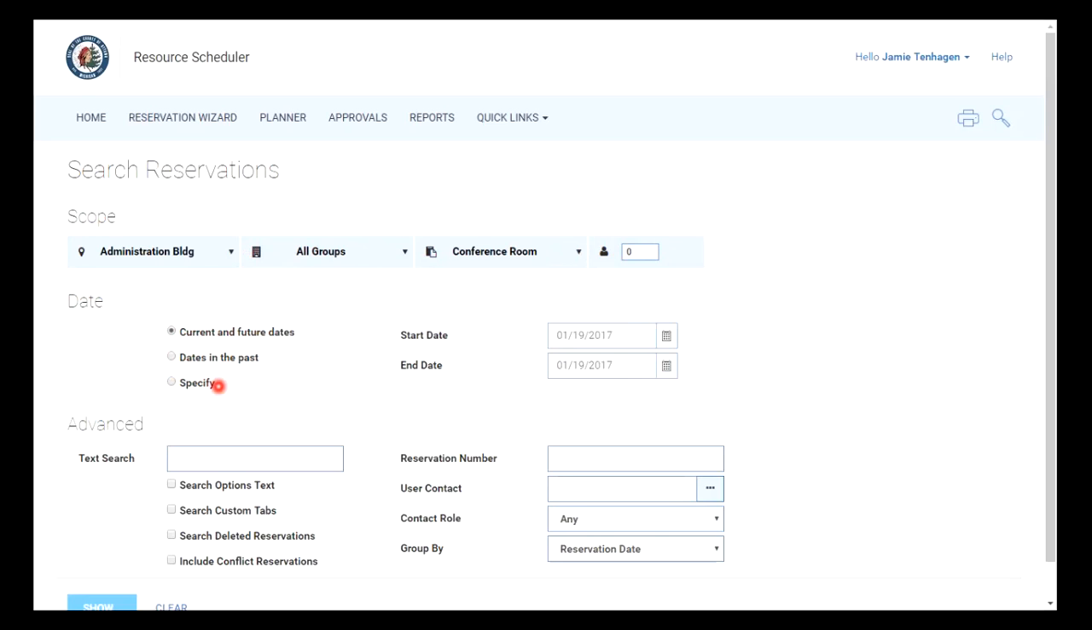This date range, whether it's in the past, current, and future, or a specific date if you know that's the actual date. The downside to this search is it will require you to put something in, either here or one of these, in order to get a search result. So that's why I say if you know what it is you're looking for, I'm going to use Misty as an example. I'm just looking for all her reservations